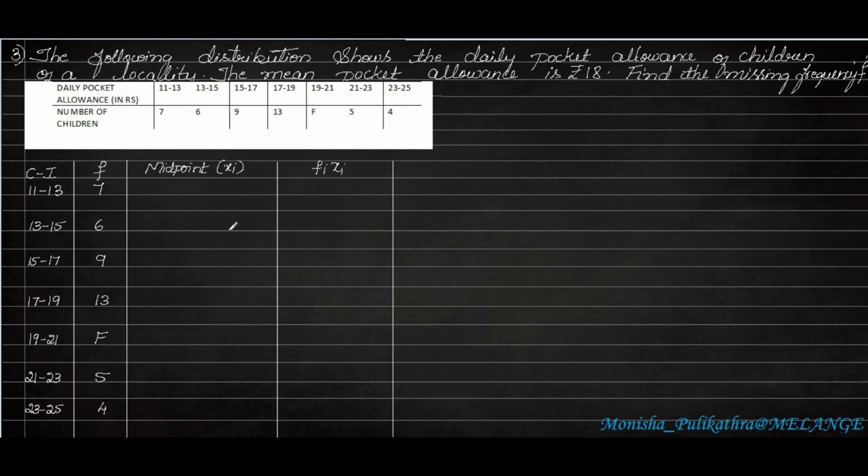So moving on to the third question. Here class interval is in the form of daily pocket allowance and number of children is the frequency. Okay. Fi. So I have written all the data here. First we need to find out the midpoint. You know that midpoint is taken by adding the upper limit and lower limit divided by 2. Either we can take the middle term also. See 11, 12, 13. So middle term is 12. Okay. So instead of adding and dividing it, we can take it directly also. So this will be 24 divided by 2. So that is 12. Okay. So 11, 12. 12 is the midpoint.